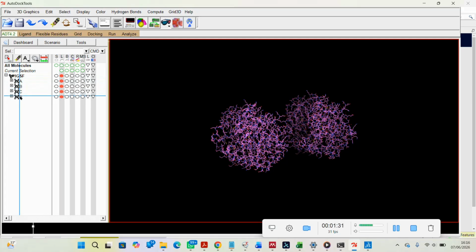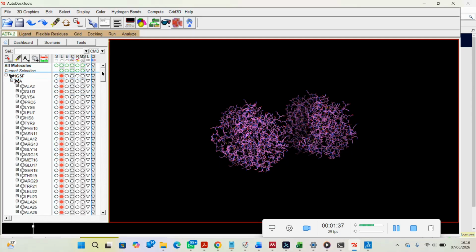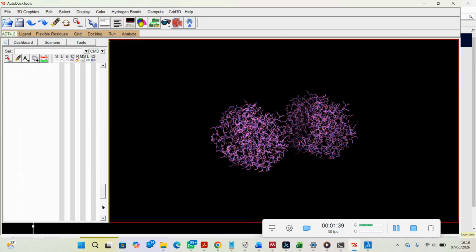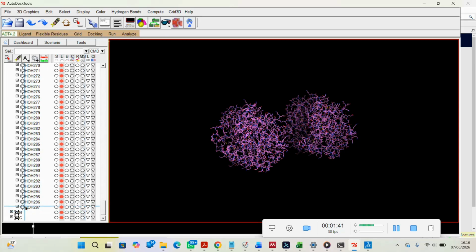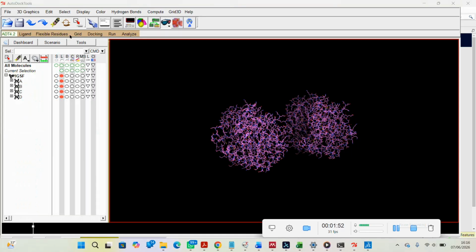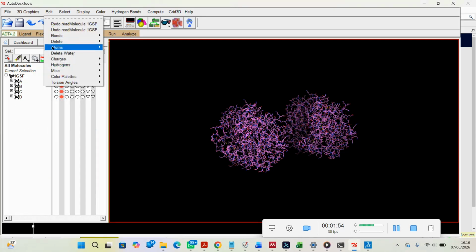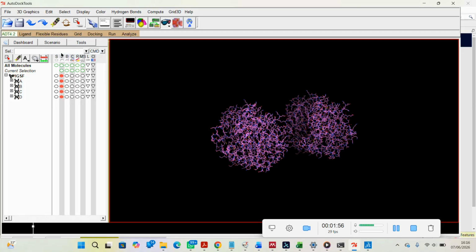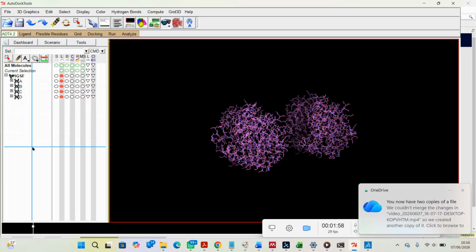It has 4 monomers, and we can look further to see if there are some other things that are here. Specifically, you can see we have water, water, water, water. All of these we need to take off before we start. And this is the co-crystallized ligand. So from edit, we can just delete all the water in the entire protein molecule. Once that is done,